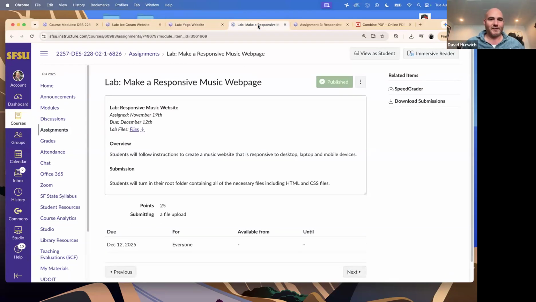You guys also have, it's not due this week, but you should be finishing up this make a responsive web page lab. This is to give you practice for how to build a web page from scratch, and then using,